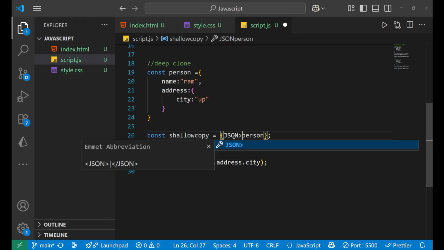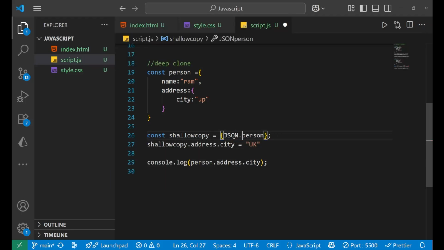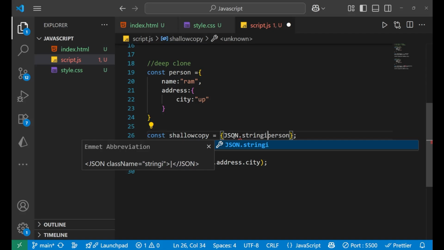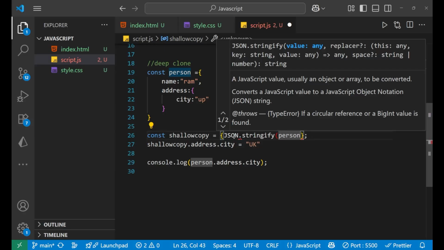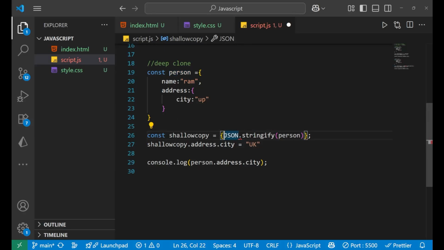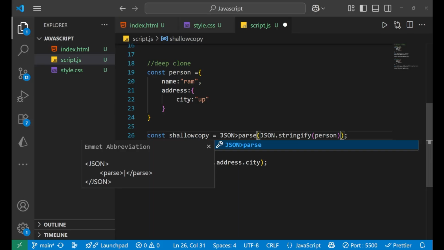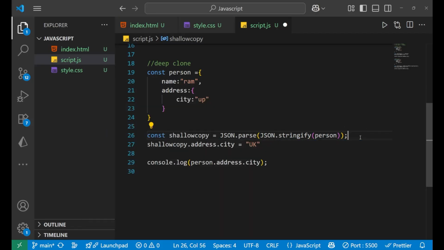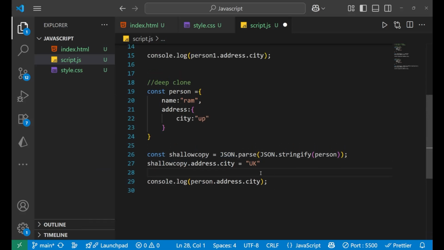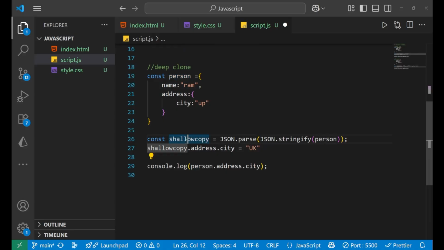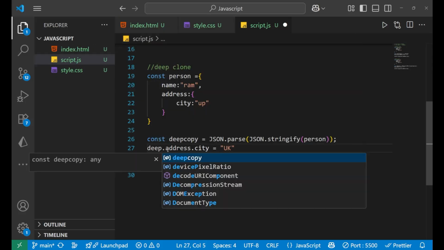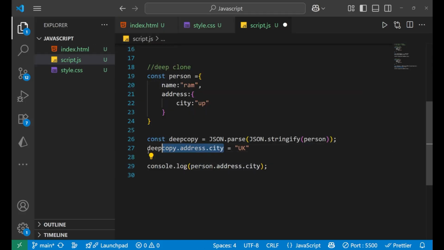First we will write JSON.stringify, and put that particular object inside the parentheses. After doing that, just remove these curly brackets from here and put the object inside the parentheses like this. And outside of this we'll write JSON.parse. Now if I search for the shallow copy, let's name it deepCopy now, because it is a deep copy. Similarly, deepCopy, and if I print this part now,